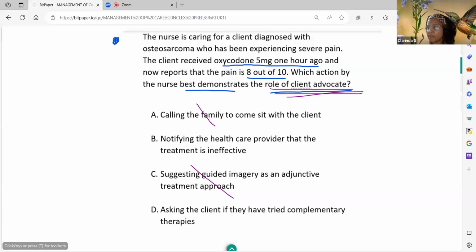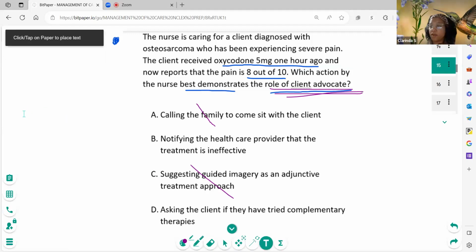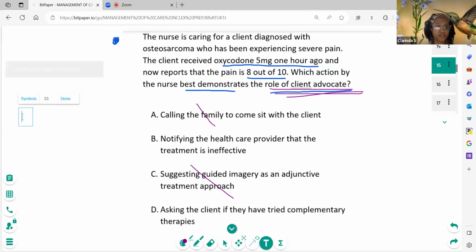All right, and I see that you're saying D. Get rid of D: ask the client if they have tried complementary therapies. Do you see any similarities with D to any of the other options? Because right away, yes, very good. C and D are similar. So right away, we see comparable